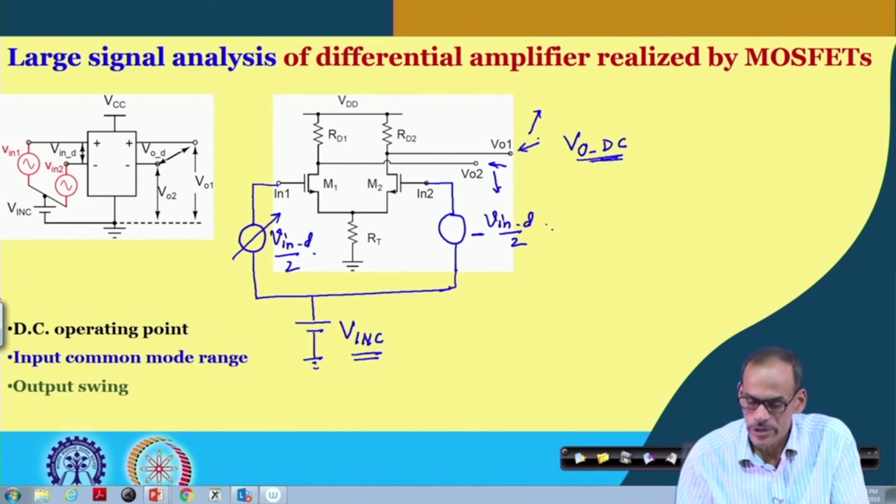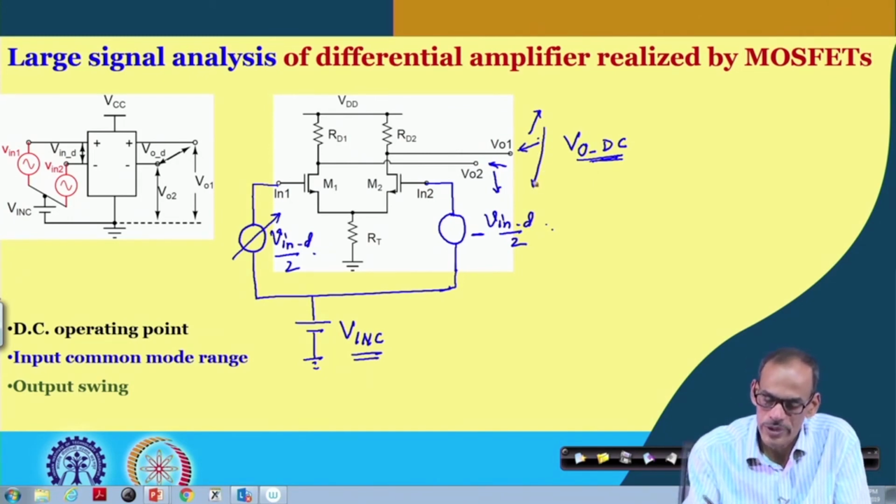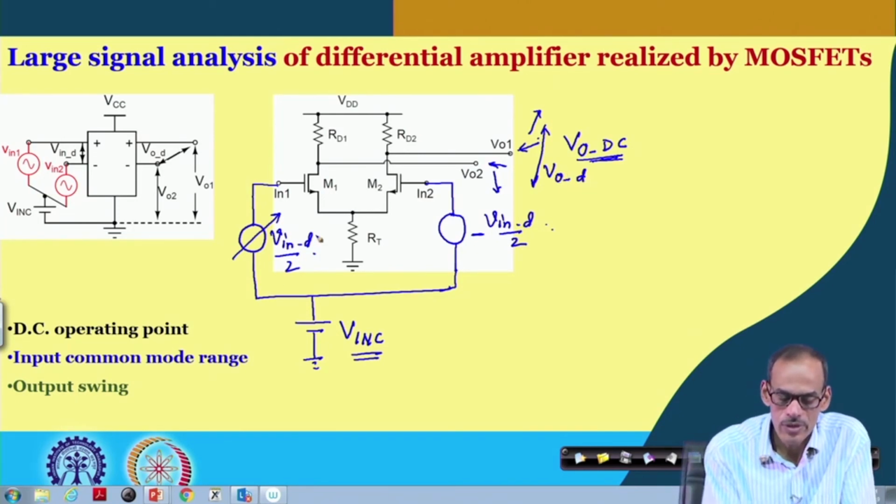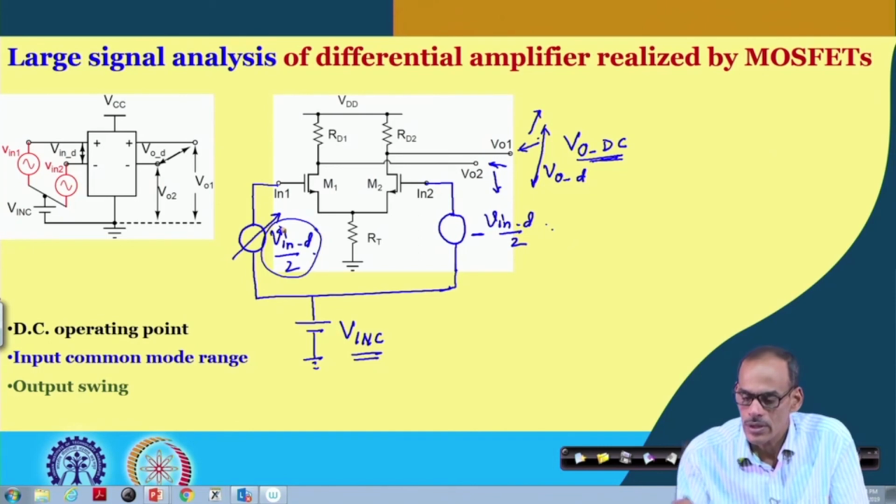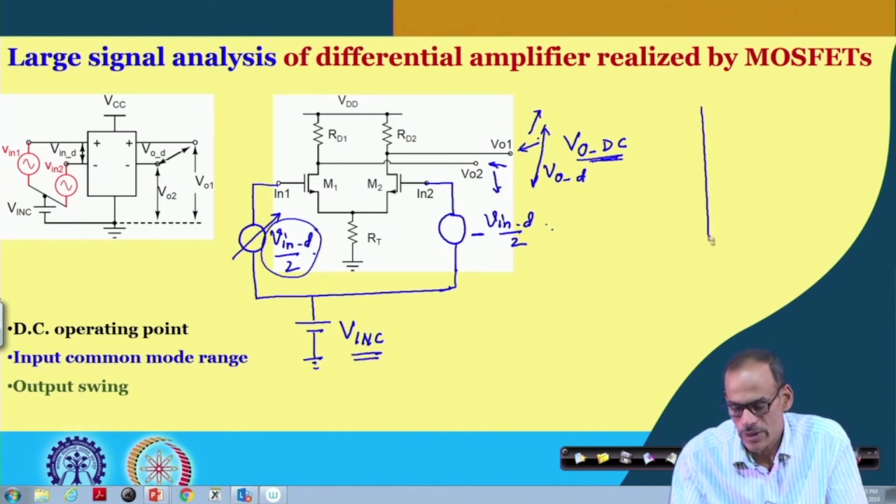So, if we plot the difference of these two voltages, called VOD, with increase of this Vin D, then what we can get here is